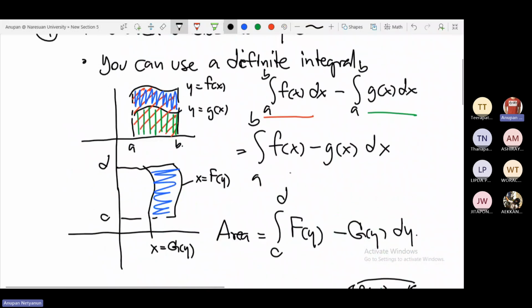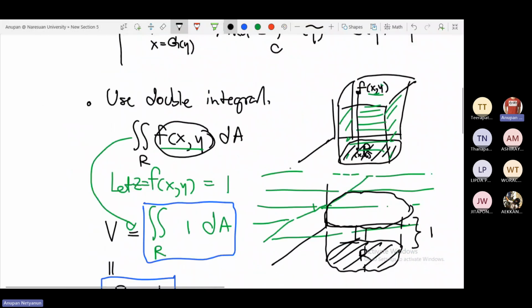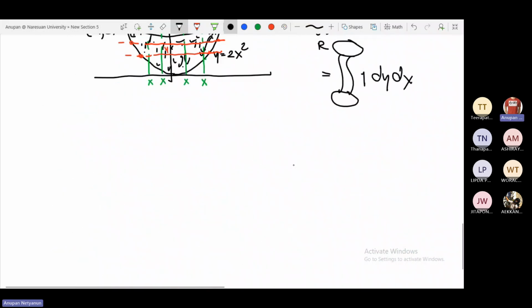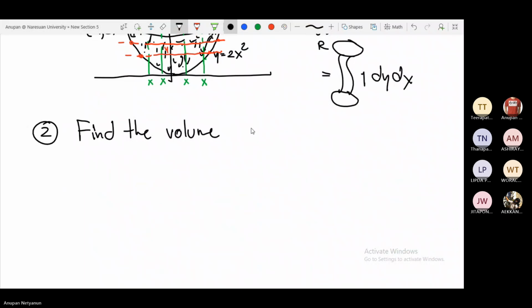Use the integral to find area. Okay. Number 2, find the volume of a solid object